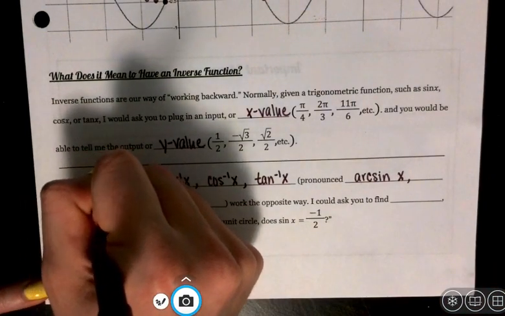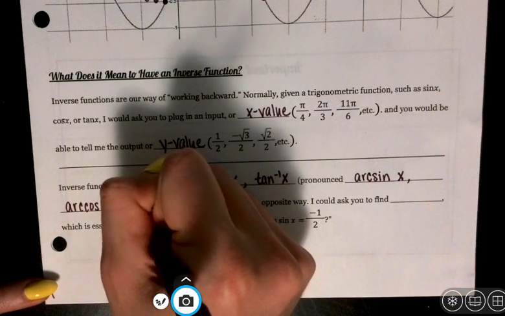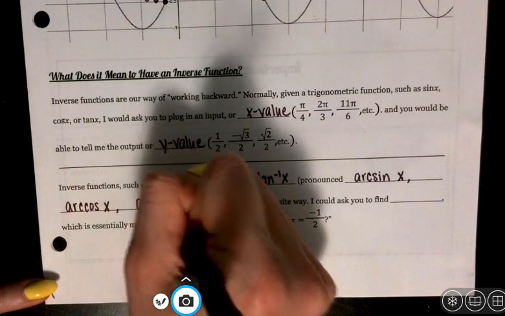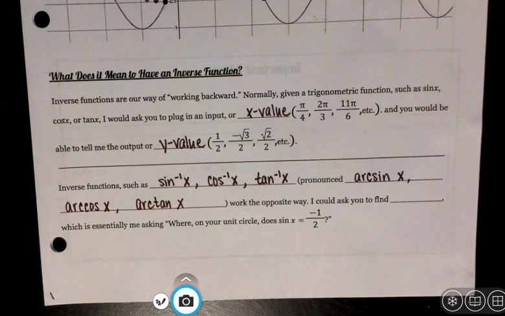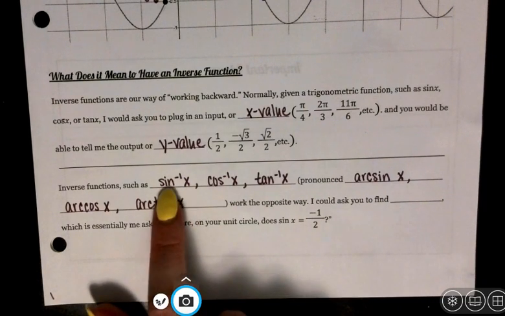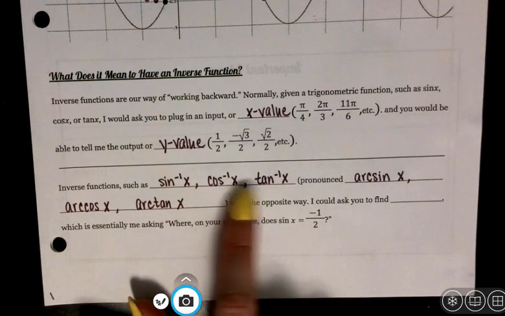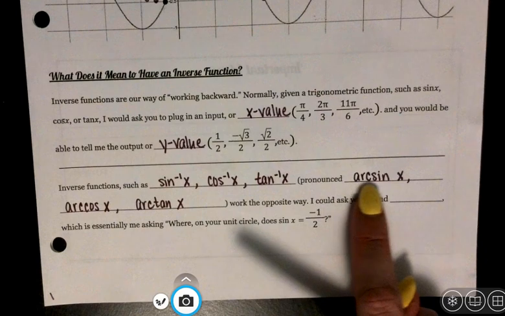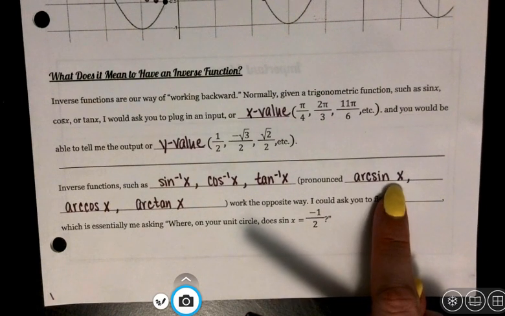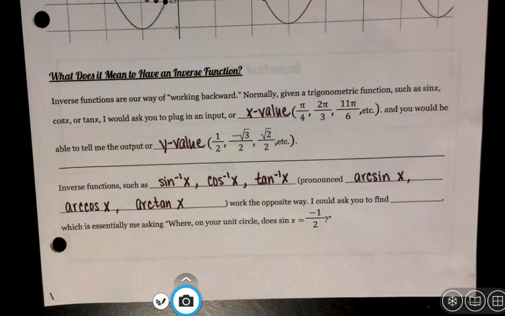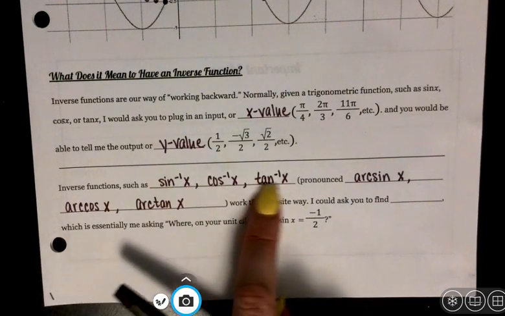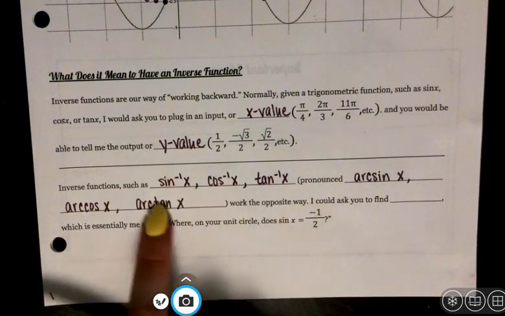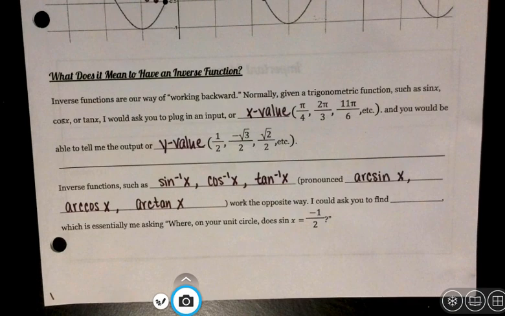arccosine, and arctangent. So we do want to become comfortable with both notations because I could use the notation with the negative 1 exponents, still pronounced as arcsine, arccosine, or arctangent, or I could write it out like this and have it written out for you. They are the same. So whether you see this notation or this notation, they are asking the same thing,